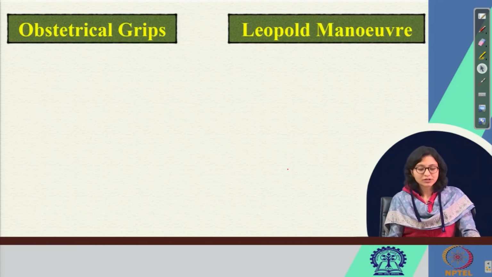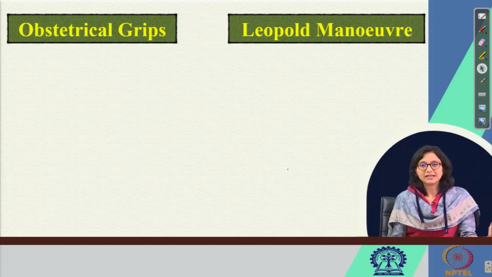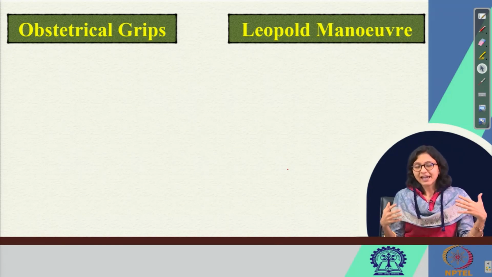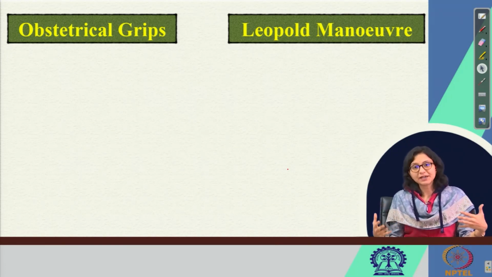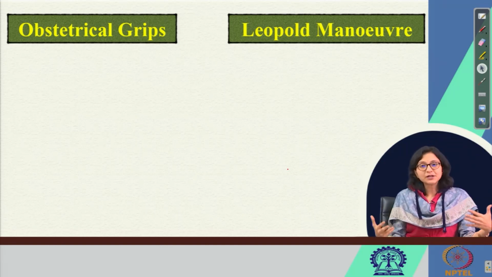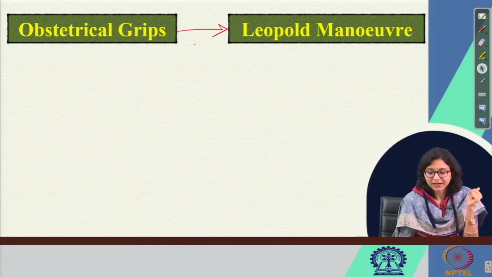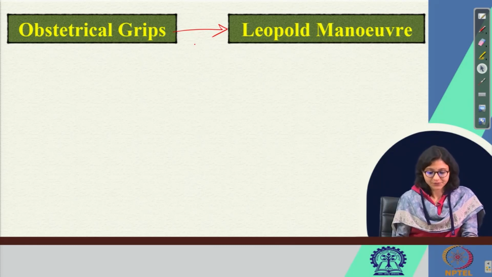Now, we will go directly into the obstetrical examination or the obstetrical grips. These are to be examined by the clinician or the nursing staff to assess the lie, the position, the presentation of the fetus in the third trimester, thereby helping us to assess whether the delivery will be favorable for vaginal route or not, right. So, how to go for the obstetric examination? They are by the Leopold maneuvers, right.